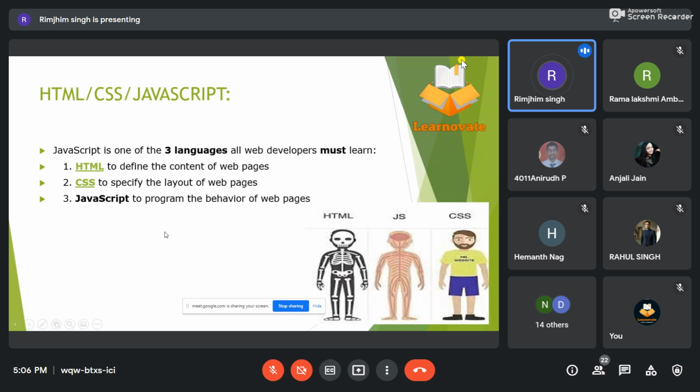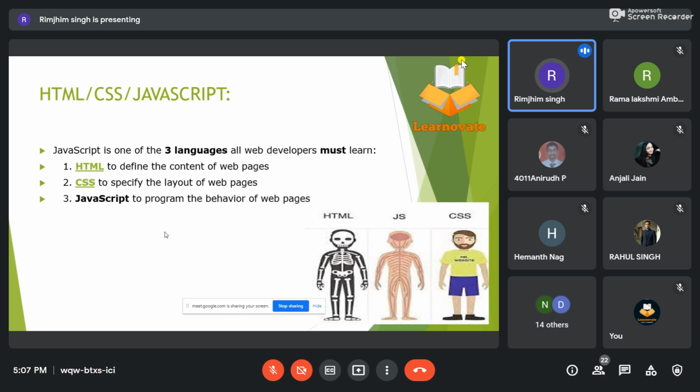So, as I told you, what is HTML? HTML is basically the structure which we see when we run our programs, okay? And the way we design our web pages, the way we add elements, the way we add colorings and everything in our web pages is what we call CSS.